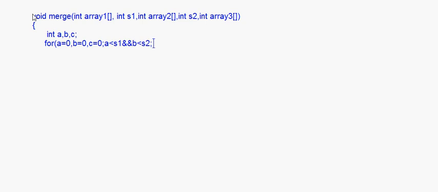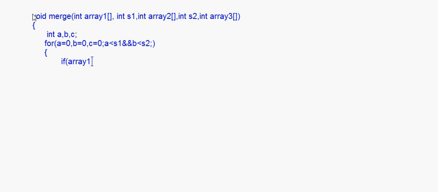And here I put a semicolon. I'm not giving any incrementing or decrementing there.